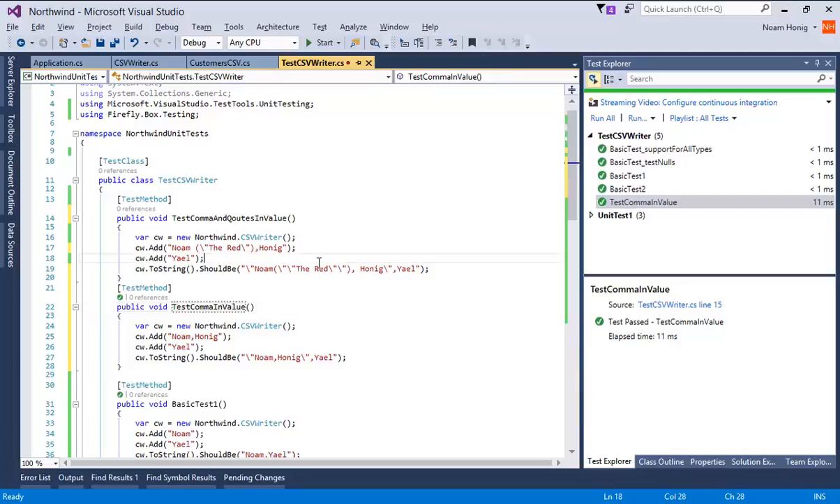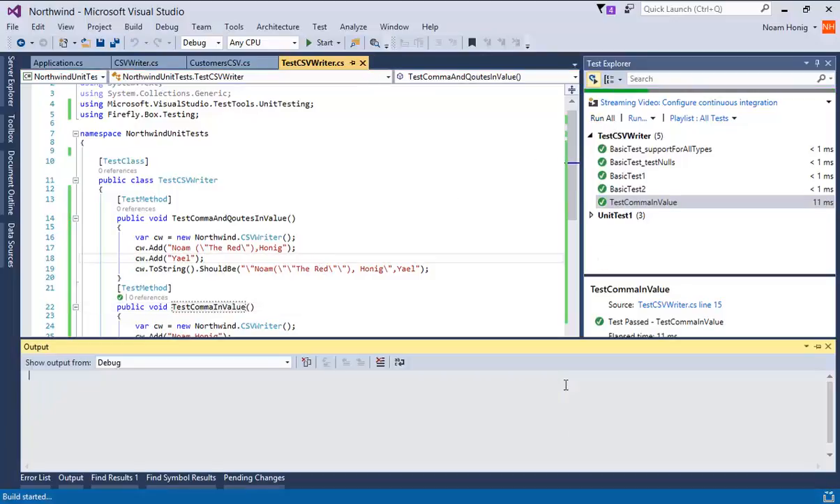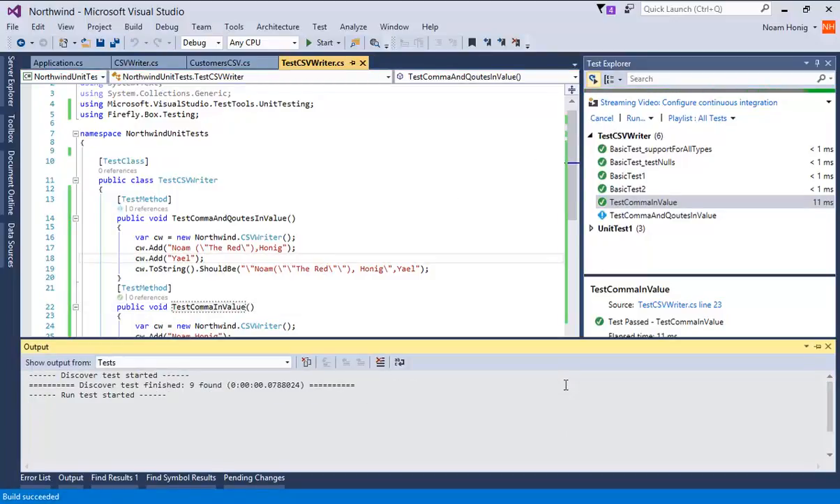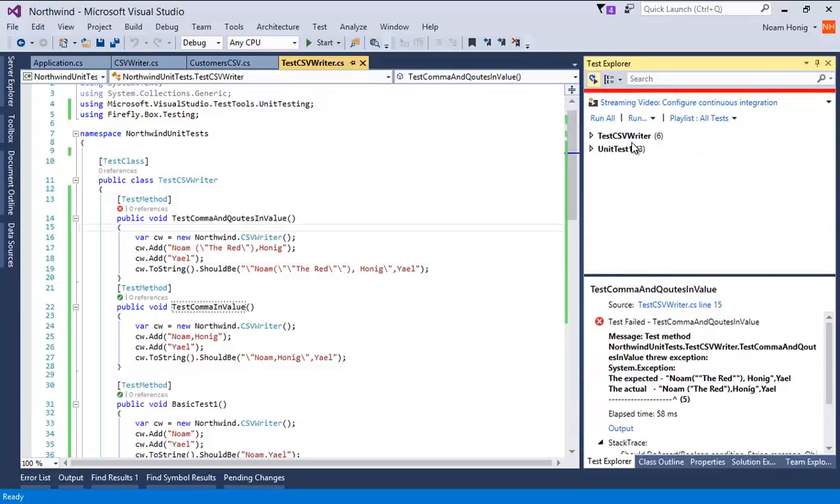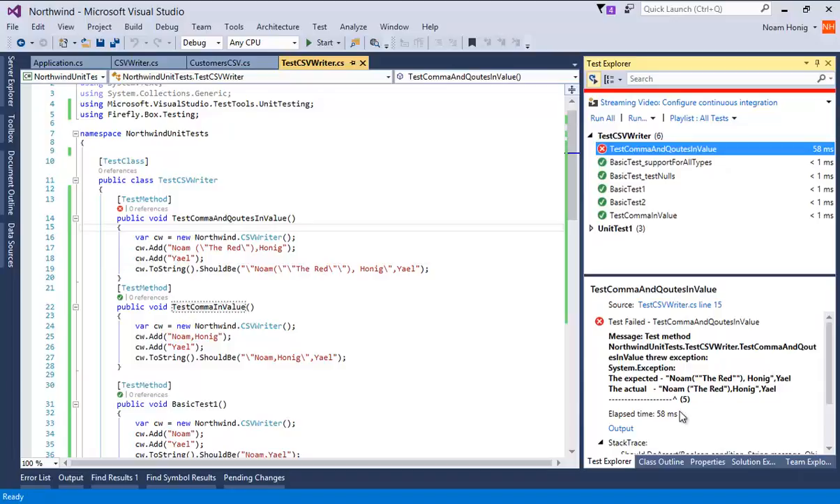So let's run all our tests, see where we stand. Test comma and quotes and value. We can see again where we want to go, what we want to do. Cool. We'll go to our add method